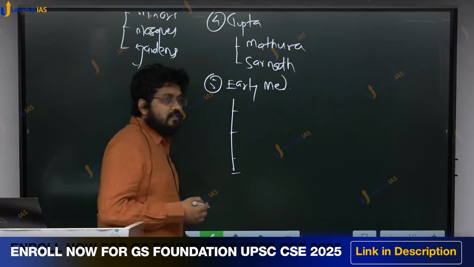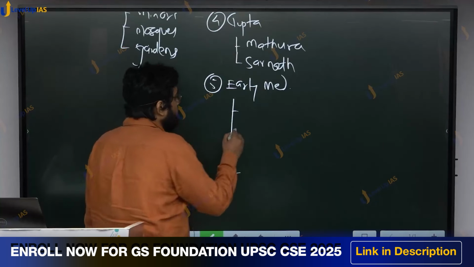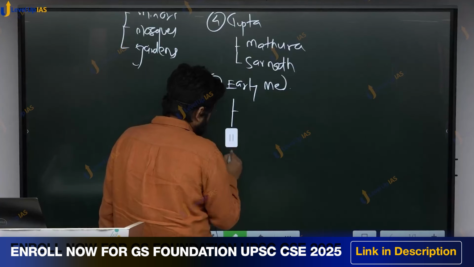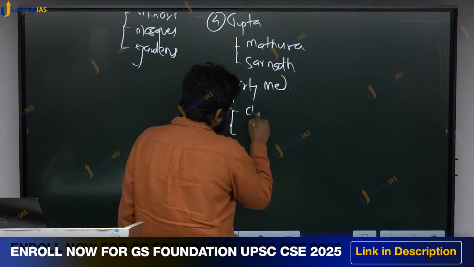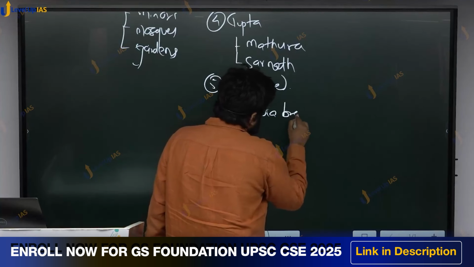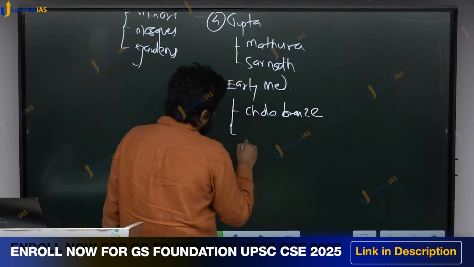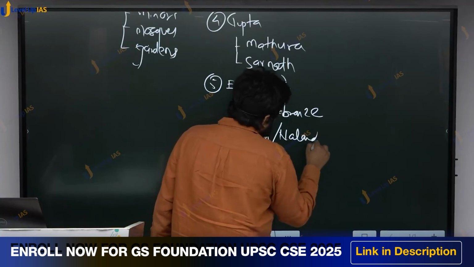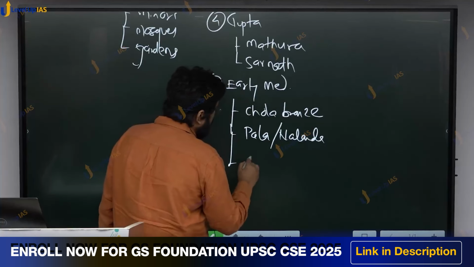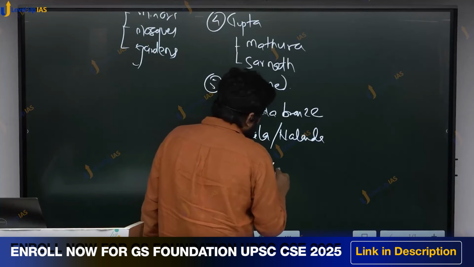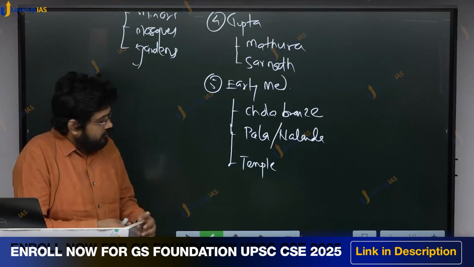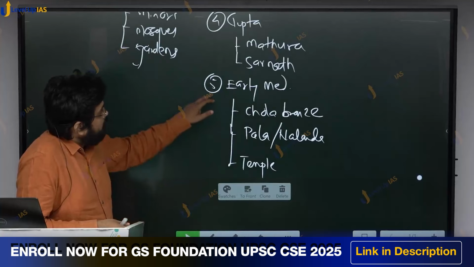In early medieval, we generally focus on Chola era bronze, or rather Chola era sculpture, or Chola bronze. Secondly, Pala sculpture from Nalanda, etc. And then we have overall temple sculptures on the temple. Then when you come to painting,